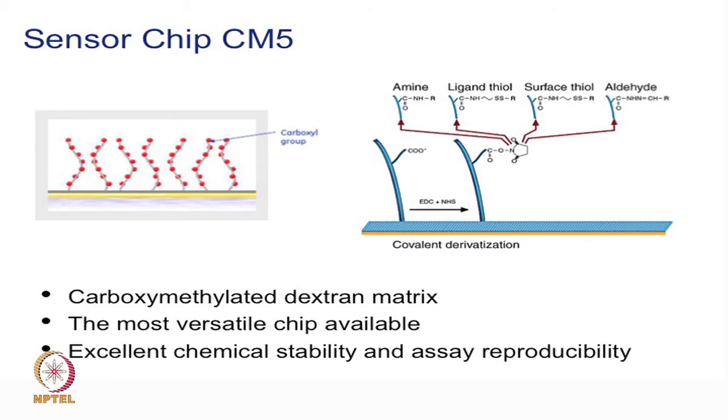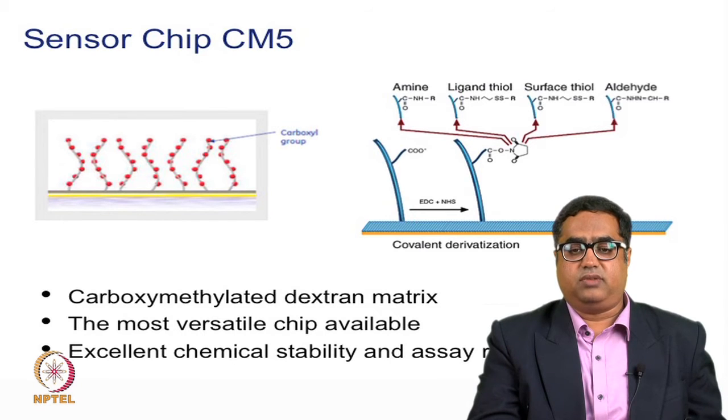The reactive side chains on the basic amino acids or amines are generally used to couple to the surface by amine coupling. Thiols are activated and then used to immobilize on the surface in a thiol coupling, whereas the carbohydrates that are attached on the glycoproteins are used to do an immobilization, and that process is an aldehyde coupling.